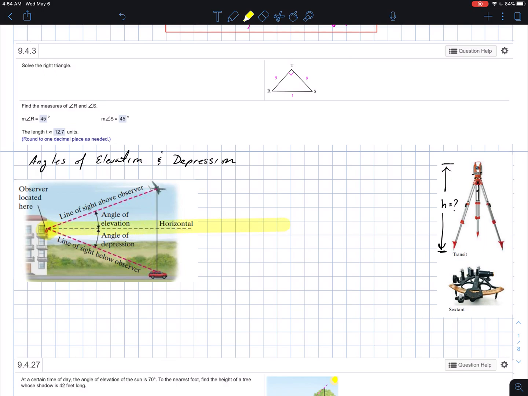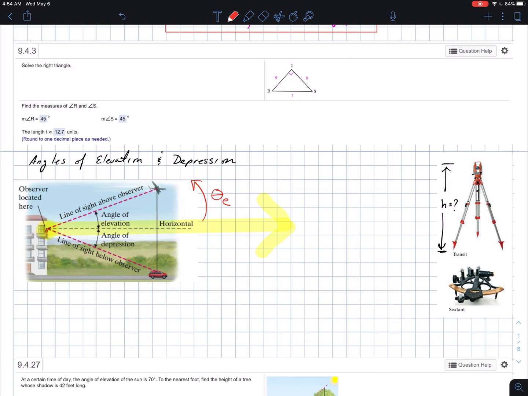They're looking completely straight out to the horizon. Okay? Then the angle of elevation, so I can call this theta sub e, so angle of elevation, okay, because